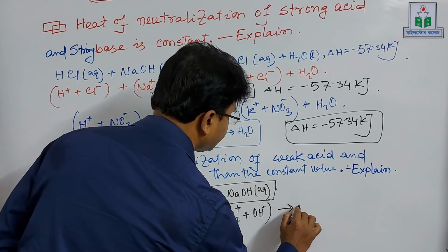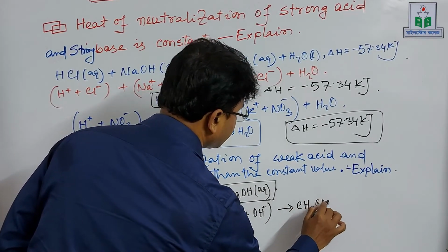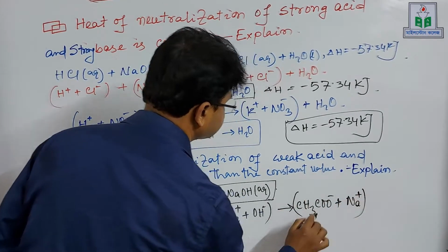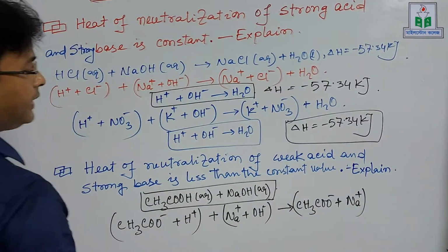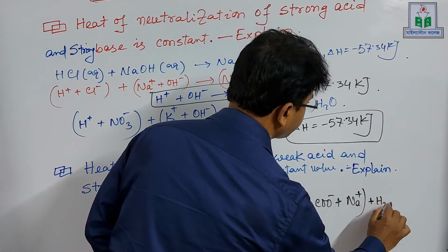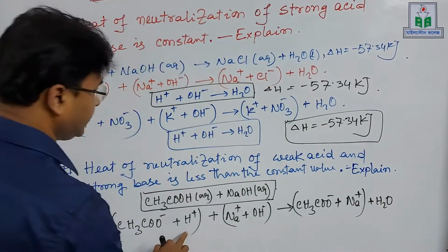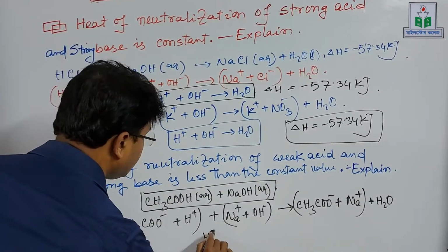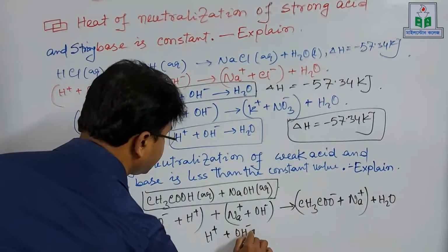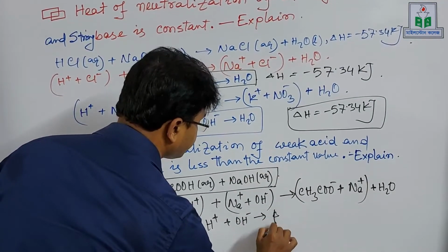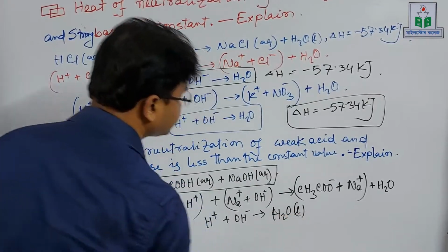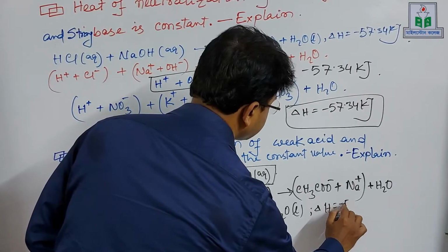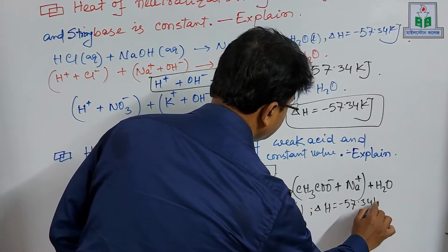Here ethanoate ion and sodium ion exist in the reaction system as spectator ions, and H plus ion and hydroxide ion react together to produce water. Here also 1 mole water formation reaction occurs, and the delta H value is also minus 57.34 kilojoule, but